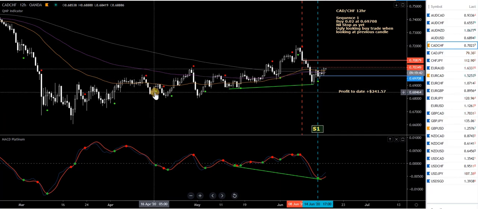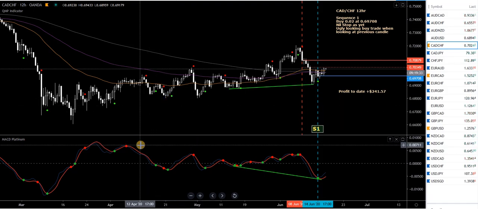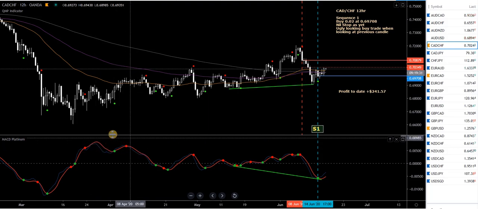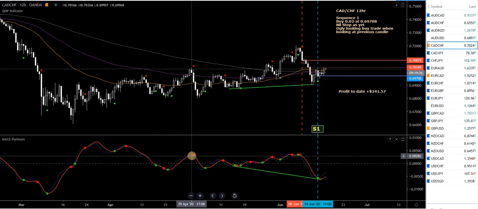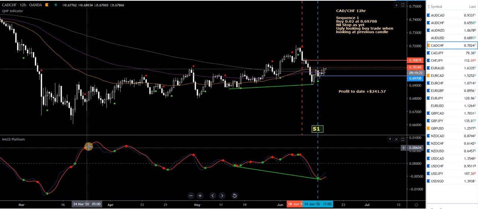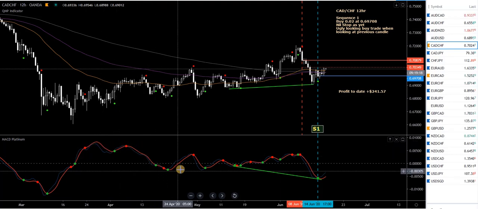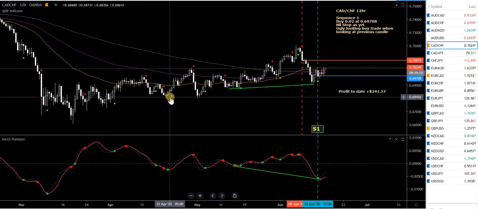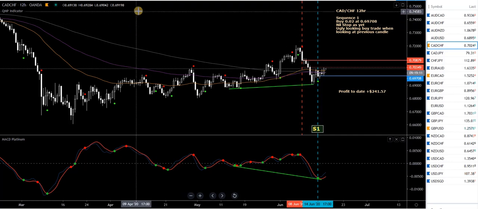These red and green dots on the price chart, it's called a QMP filter. It's not actually an indicator as such, it's more of a visual aid. It's a combination of two indicators. The MACD Platinum, which is this one, which is a zero lag MACD that oscillates around a zero level, which is this dotted line. Basically, I'm looking to sell when it's above the zero level and buy when it's below the zero level. So the QMP filter is a combination of this MACD Platinum and another indicator called the QQE